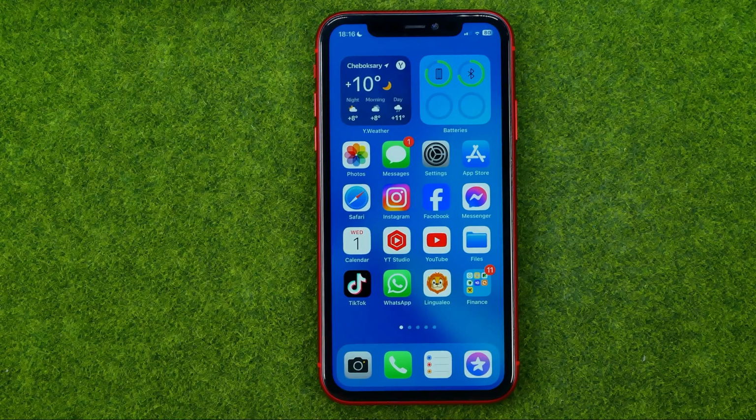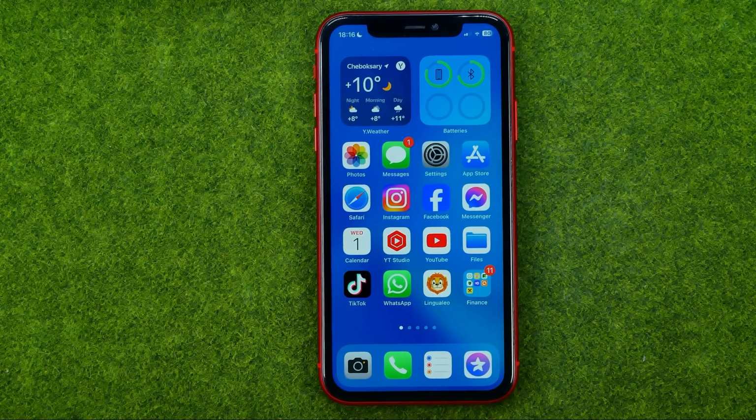In this video, I'm going to show you how you can easily hide photos on your iPhone on iOS 17